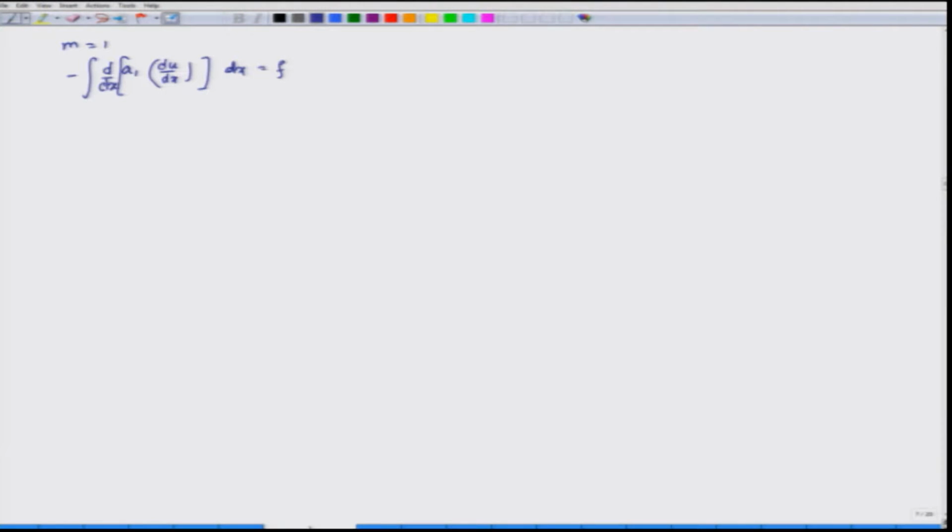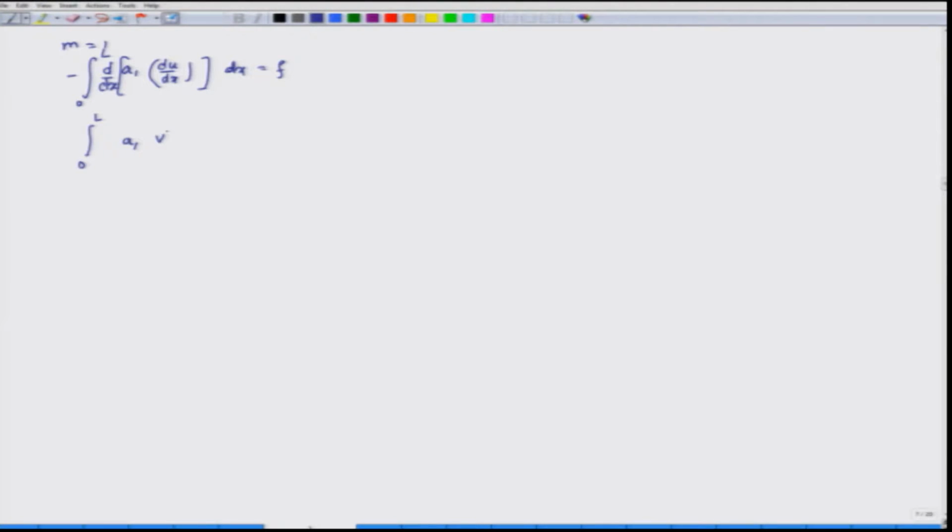This is for the case m equal to 1, and we had developed its variational form like this. I am integrating it from 0 to L. So, this is the governing equation, and then the variational form is